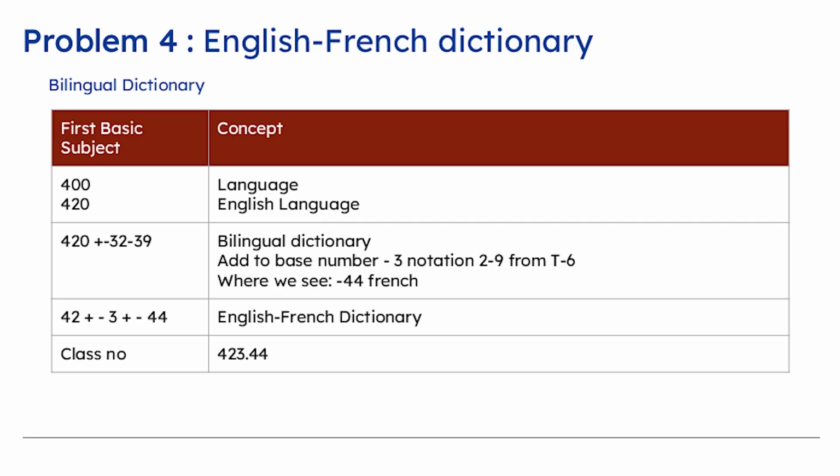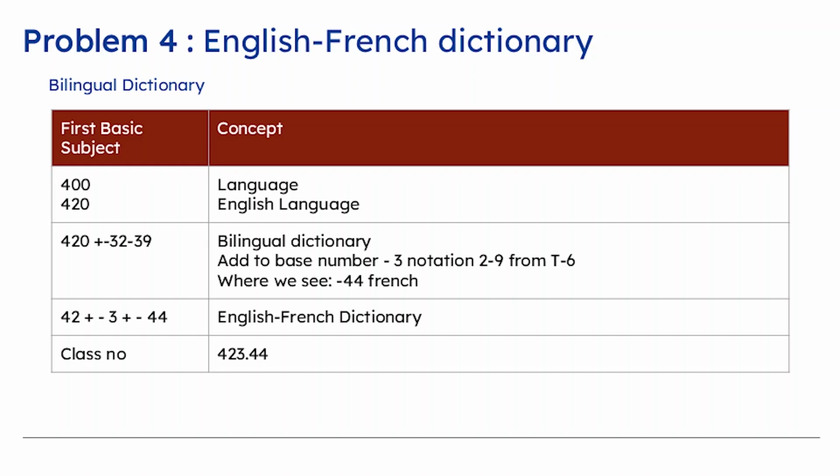It is interesting to see that the 3 means dictionary and 2 to 9 means another language. That's why a note is given: we have to synthesize over here, we have to add the second language. That's why an add note is given: add to base number -3 notation 2 to 9